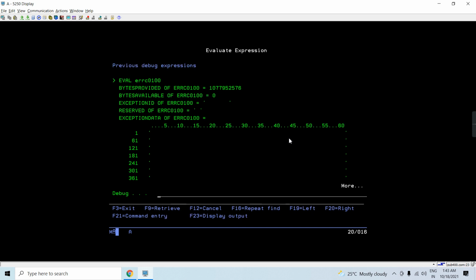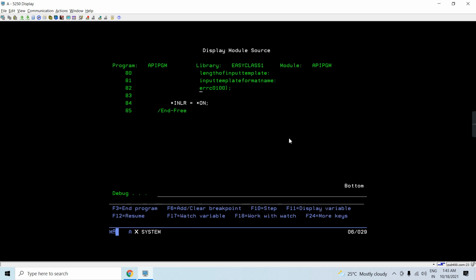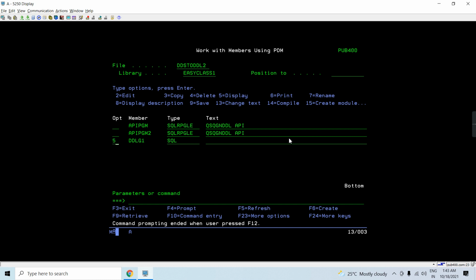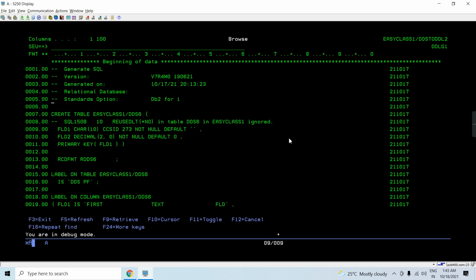So there is no error at all. Let's see what happened. So DDS6 create table, this was generated. This is just an information, severity 10, that reuse leads are not in the DDS table.